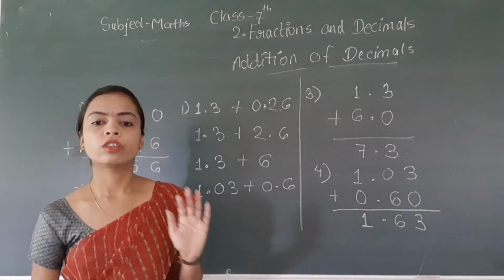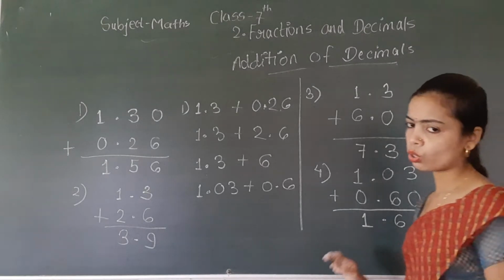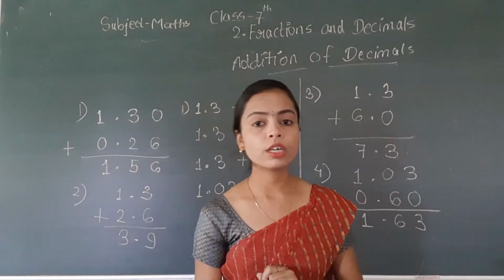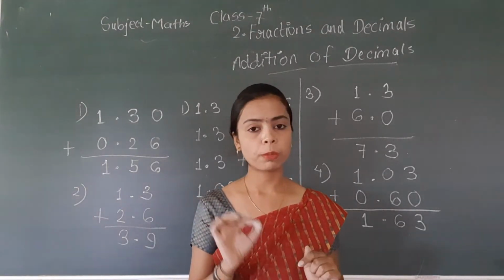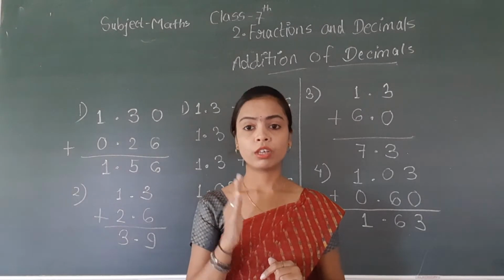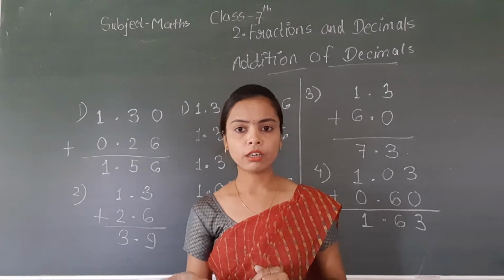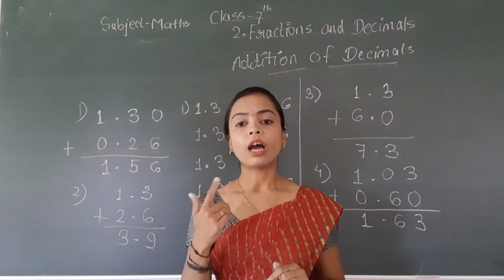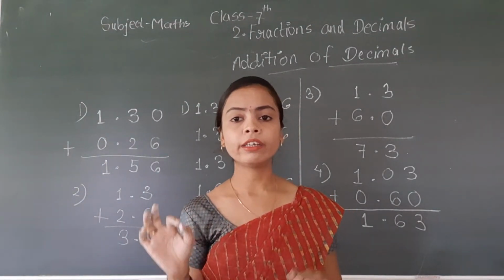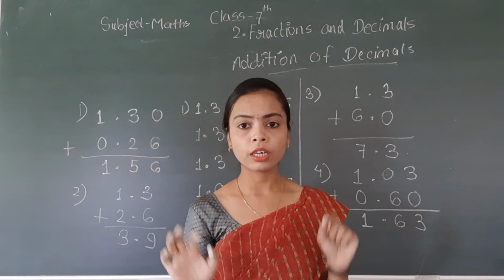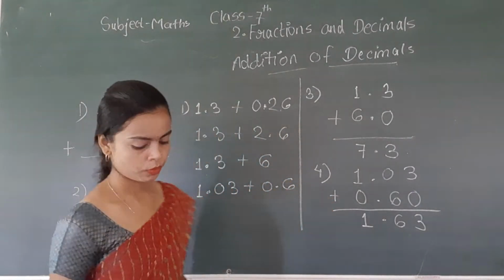Okay, so now you know how to add two decimal numbers. अभी आपको पता चल गया दो decimal numbers को कैसे add करते हैं. Write the first decimal number as it is. Before writing the second decimal number, first place the decimal point, then write the left part of that second number, and after that write the right side of that number. Okay, then make sure there is no place left blank, so just write 0 there and then do the addition.